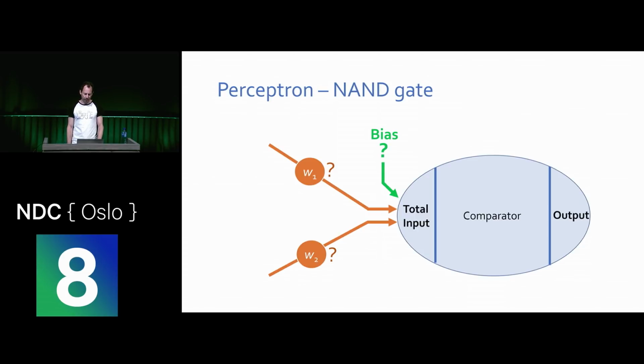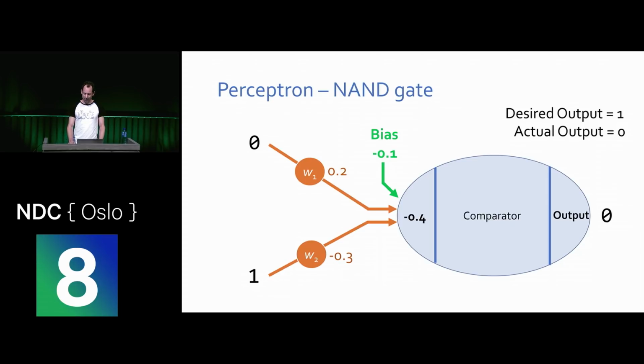We're going to now initialize these to small random numbers. These are actually quite large, but for the example, this will work fine. So I've initialized them now, and now we're going to put a couple of numbers in, 0 and 1, and we're going to play that through, and we're going to get an output of 0 in the end because the combined inputs, -0.4, that's less than 0, so the output's 0. The correct answer is a 1. So we've got this wrong. So what we ask is, what small adjustments do we need to make to the weights and biases to make this a bit less wrong?